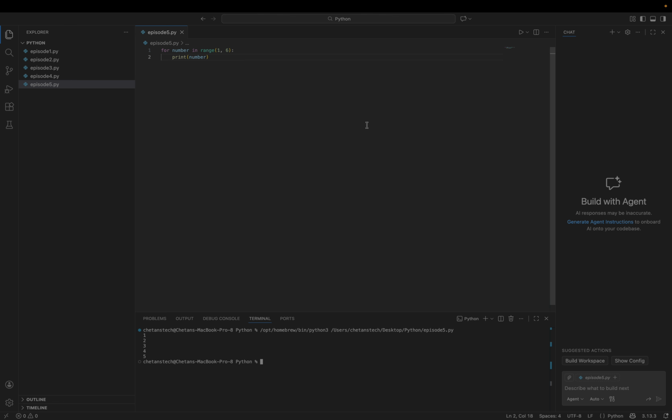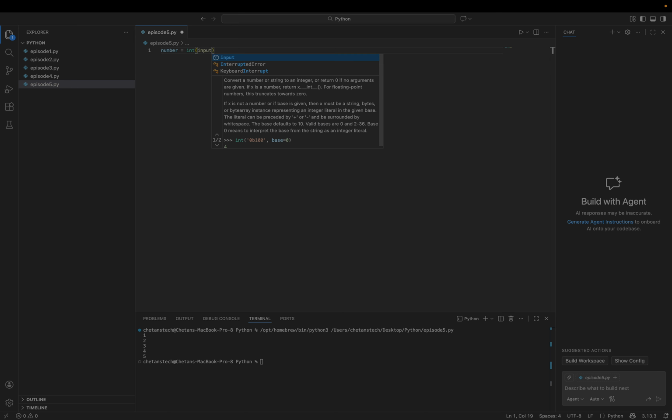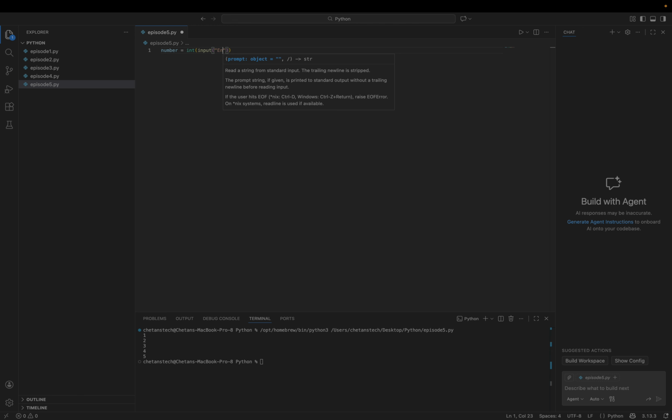Let's take another program. And this is a classic and very useful one. Let's define a variable called number, and we will try to get the user input, enter a number, and we are converting the type to integer.